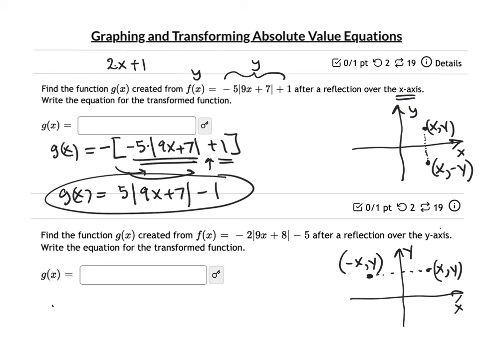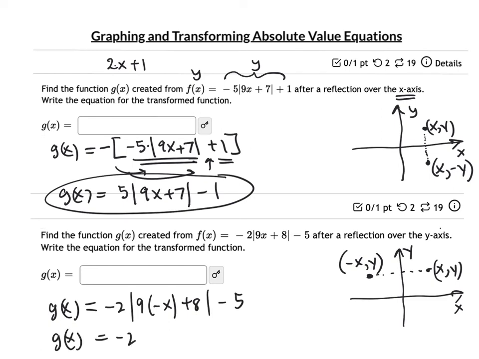So this equation, g of x here, will be negative 2, x is going to become the opposite, so it's 9, and x becomes the opposite, plus 8 minus 5. So my g of x function is negative 2 times the absolute value of negative 9x